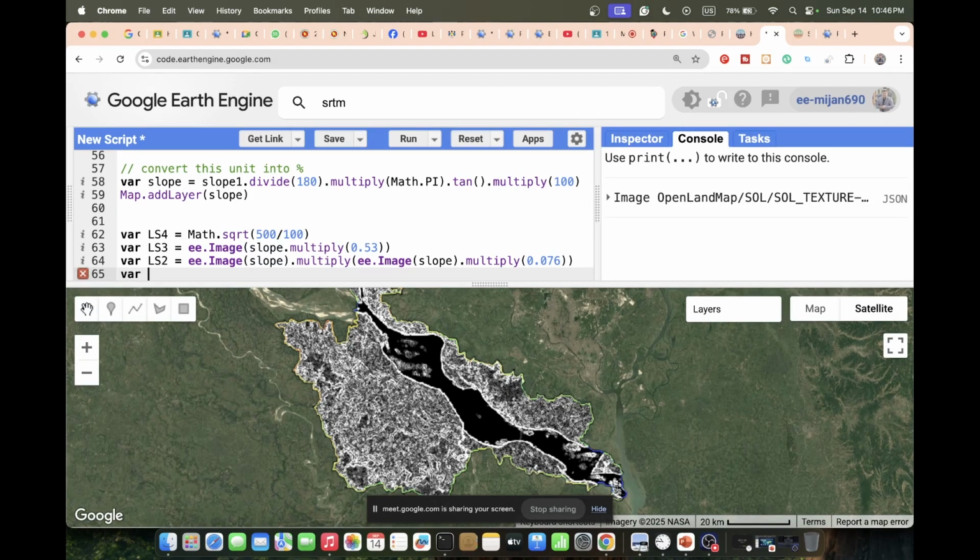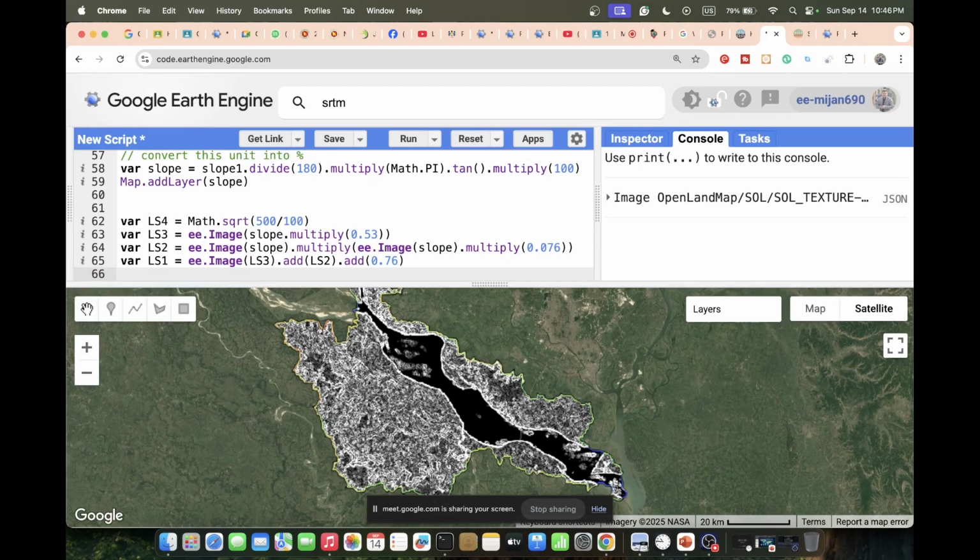And finally ls1, so take a variable ls1, ee.Image, call the ls3 because we already computed ls2. This ls3 is added with ls2, and add the constant value 0.76. And finally ls, so take a variable ls, and for this ls we simply call the ls1,